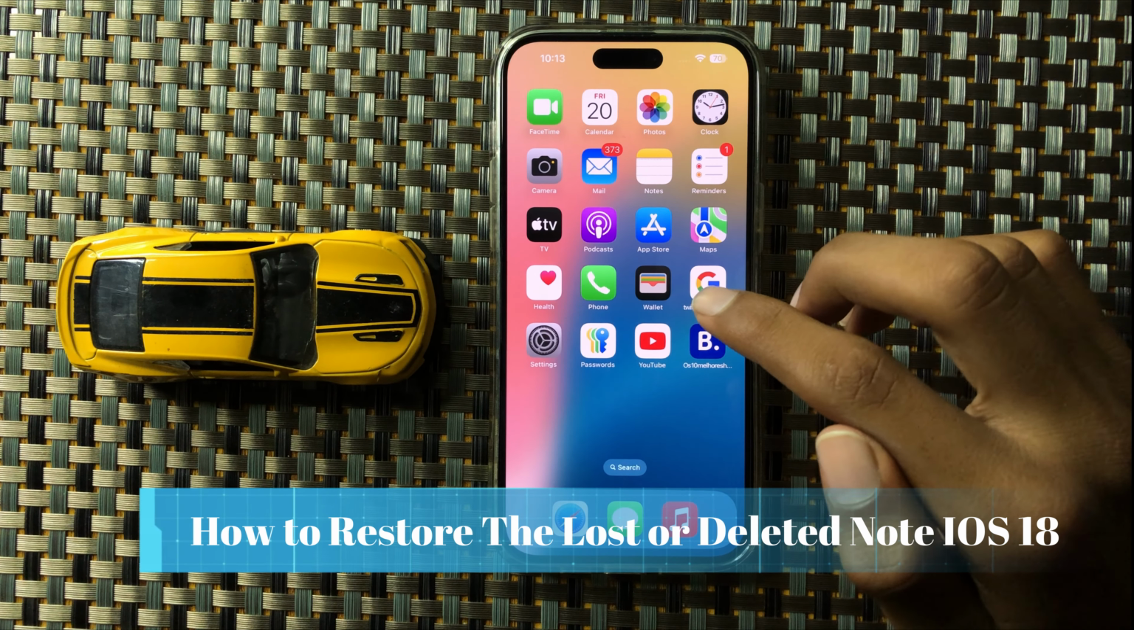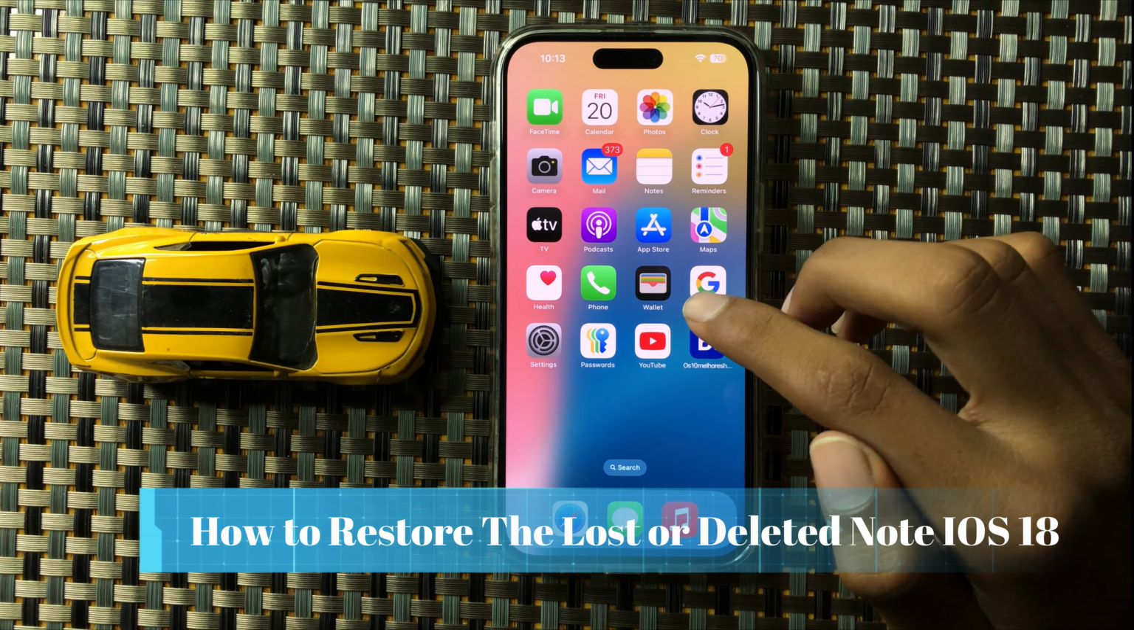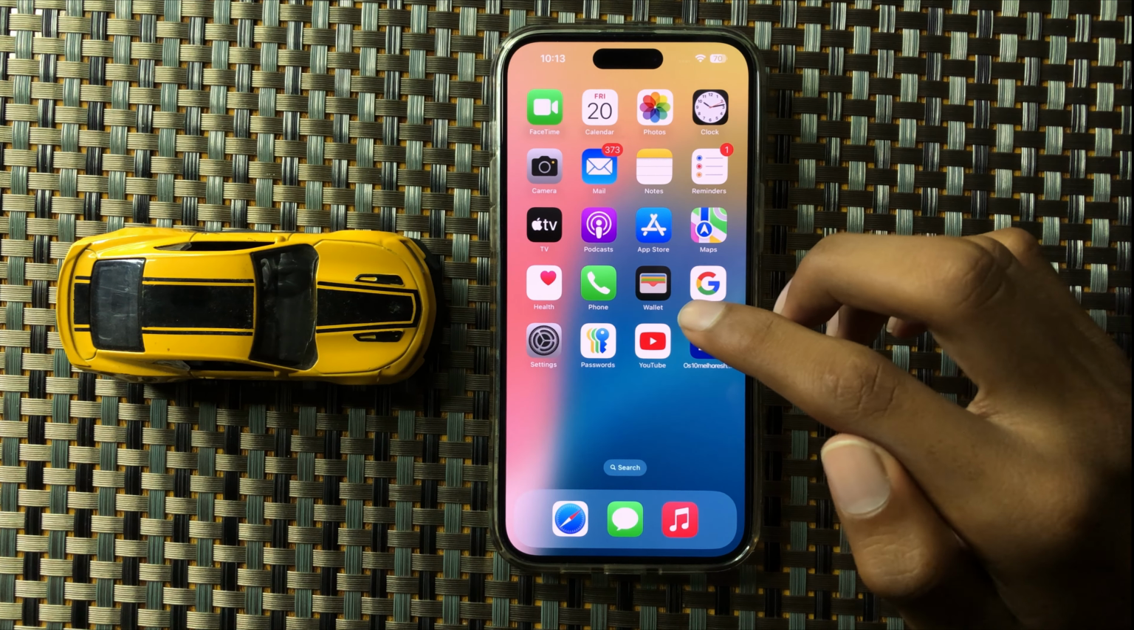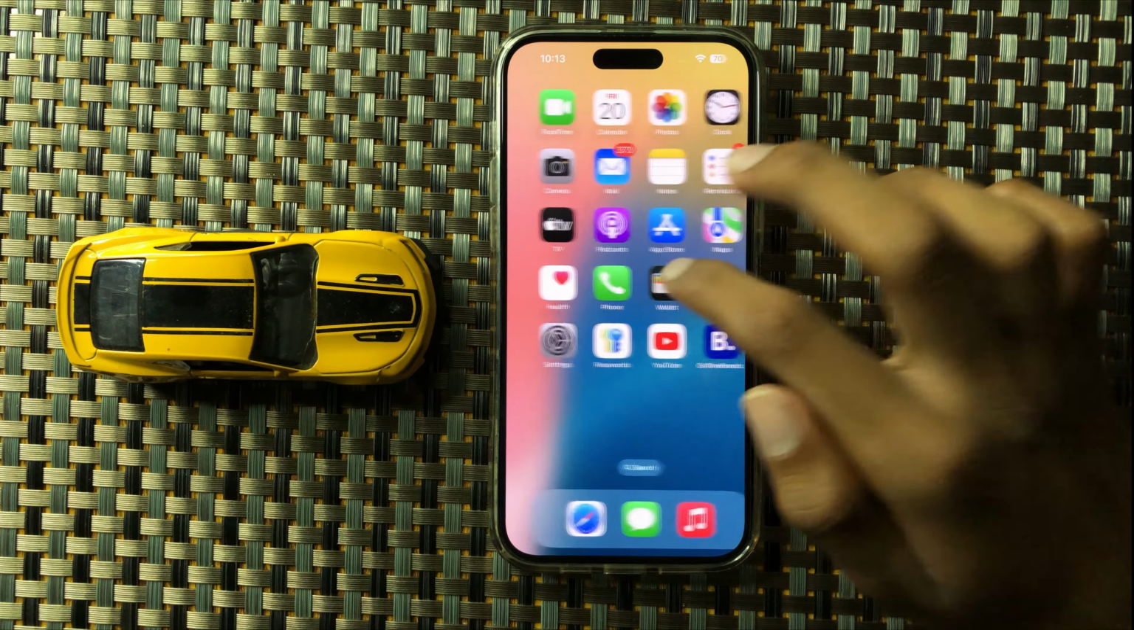How to restore the lost or deleted notes in iOS 18. So let's start the video. First of all, open Notes,